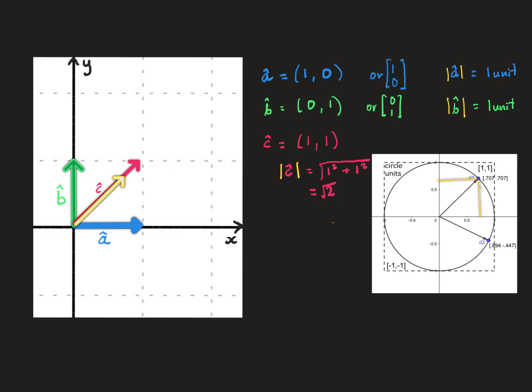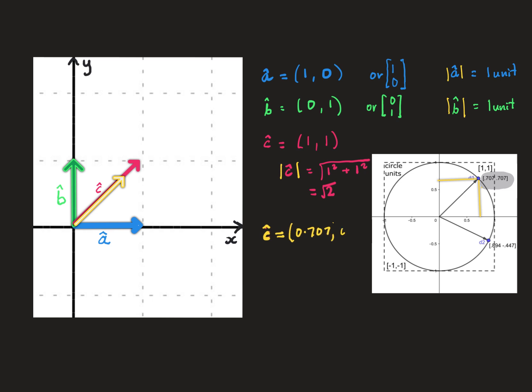Now, the values for this are given here by 0.707 and 0.707, which means that for our vector C, if it was to be a unit vector, it would have to be represented as the new vector C, which would be